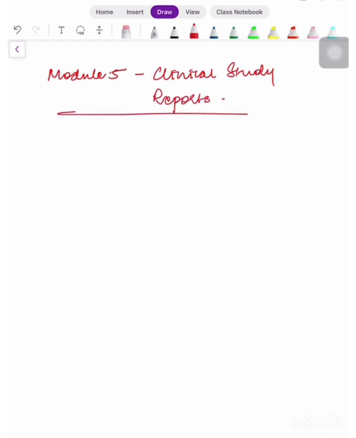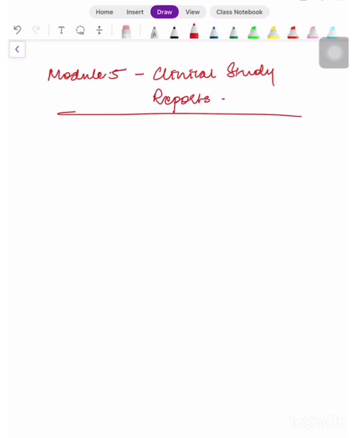In this lecture today we are going to study module 5, that is clinical study reports. This is module 5 of CTD, and the guideline recommends a specific organization for the placement of clinical study reports